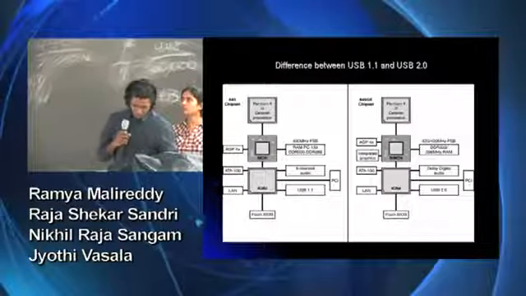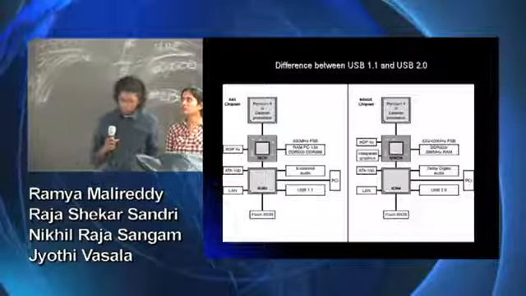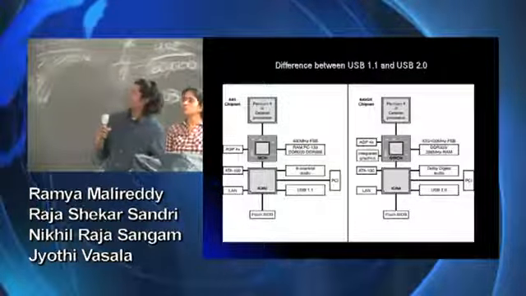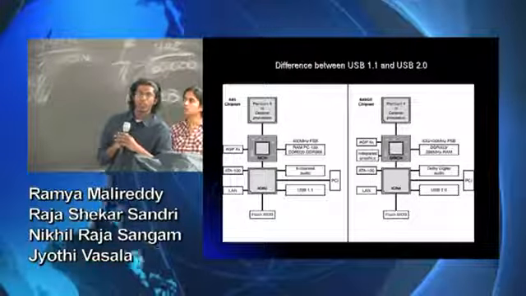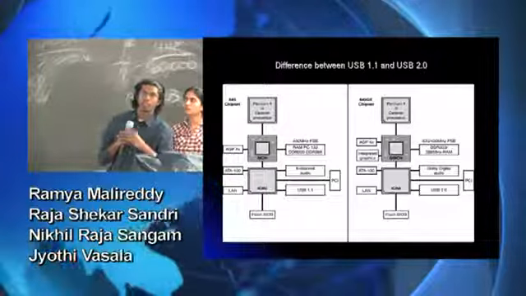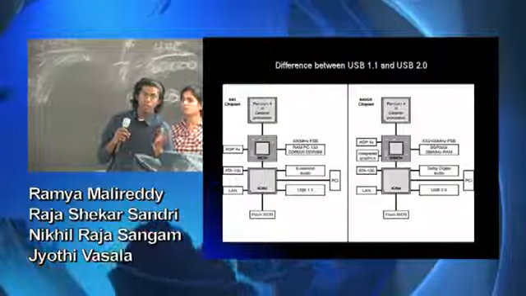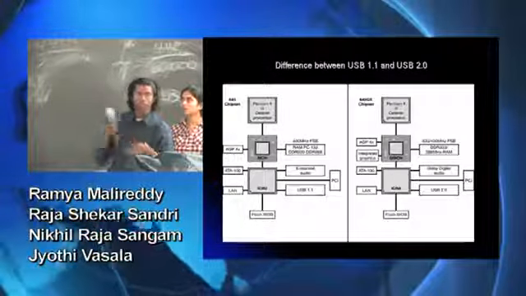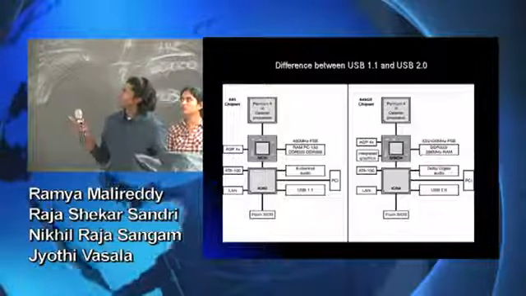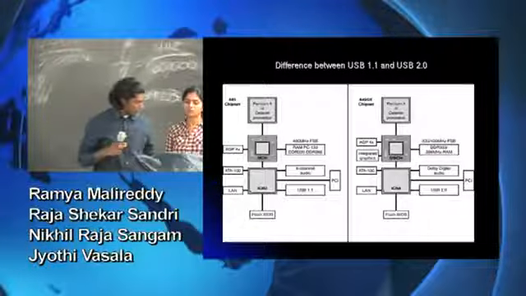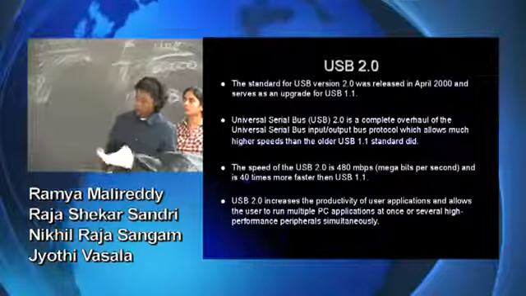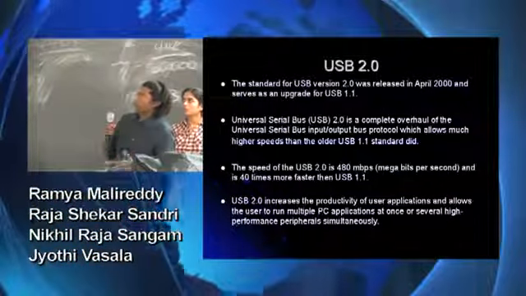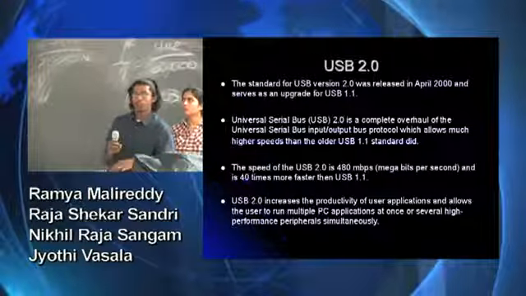We have it. You can use that to tell the system, so that the videos and the photos that we send from the laptops or the cameras or anything to the systems, we use this feature in USB 2. And some of the features of USB is that it is a standard. It was released in April 2002 as an update of USB 1.1,